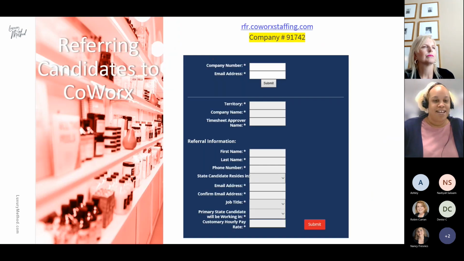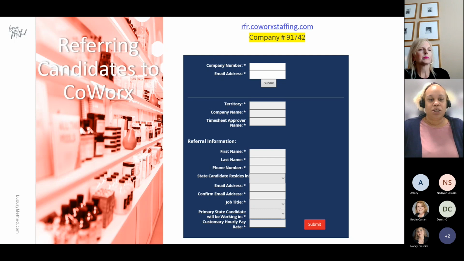Okay. And our next slide is about referrals. I know mostly everyone here has seen this website. It's just a reminder on the website that you're going to use with the company code. Once you submit your referral, whether that employee is in the system, active for PUIG or another client, you will